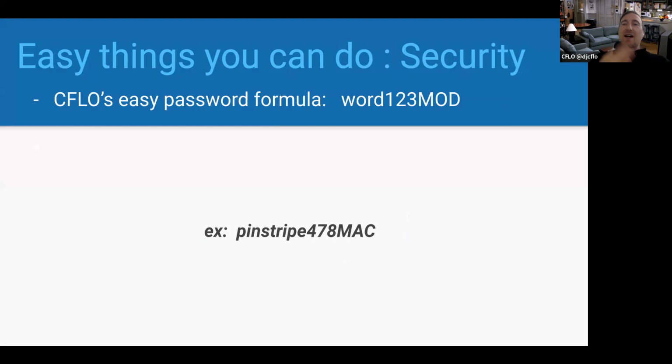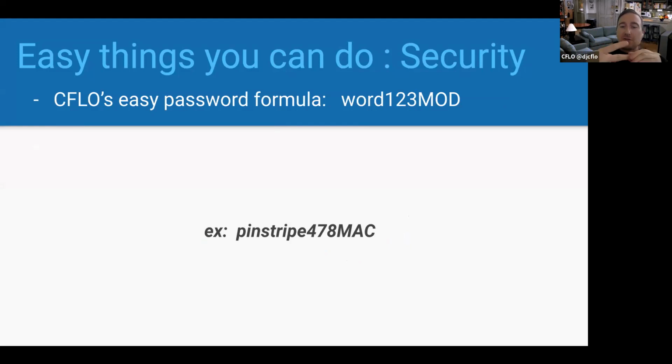Now, this is something that I've come up with myself, and it's an easy tip, and I will explain it. It has made my life easier and my online security more secure. You have a system, like a formula, and here's mine, and you can easily adopt it and change these words. You have two different words, one for unsecure things and one for very secure things.